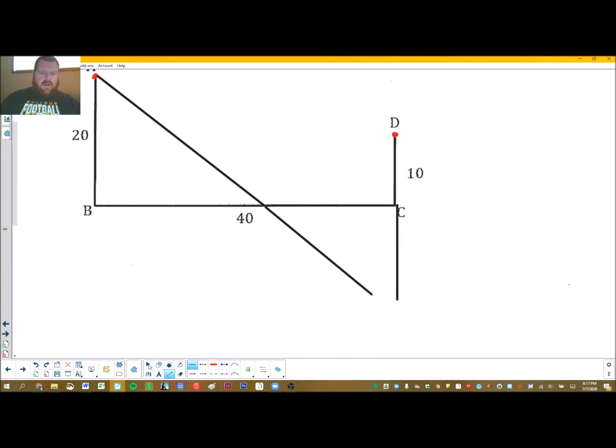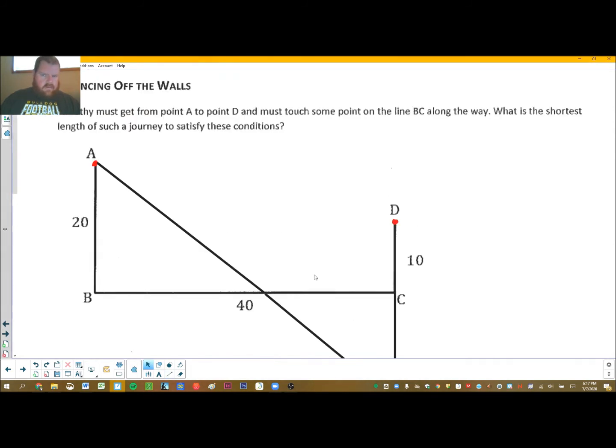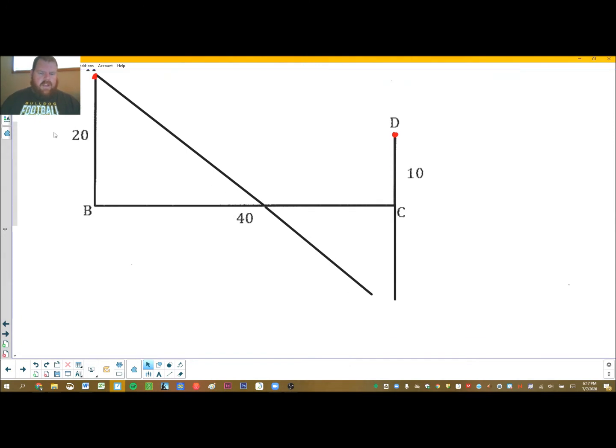So if I think about this 10, I'm guessing, we don't have any units here, but if we think about this 10-foot wall being down here, I want to know the shortest distance from this point to this point down here. Well, that would be a straight line. We would want that to be a straight line in order to argue that it was the shortest distance. And it's really going to say that